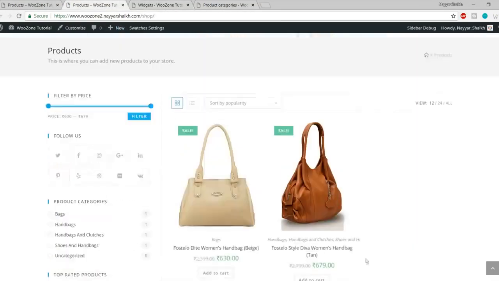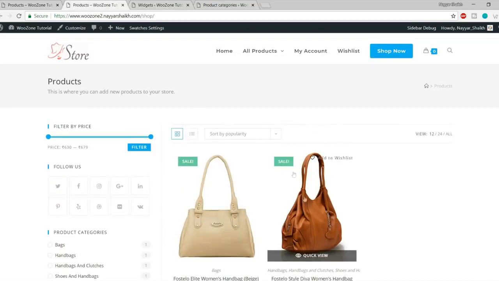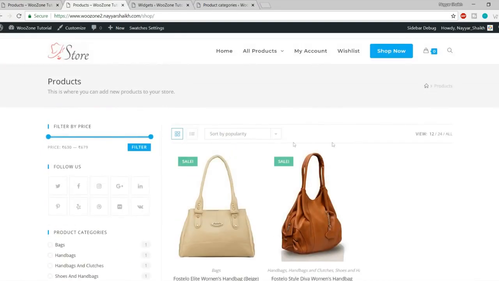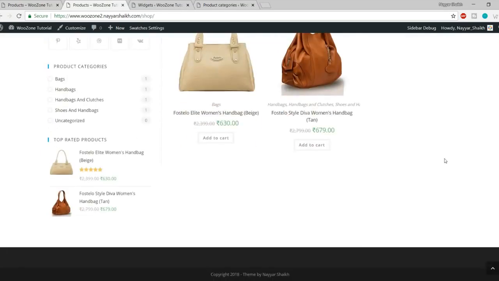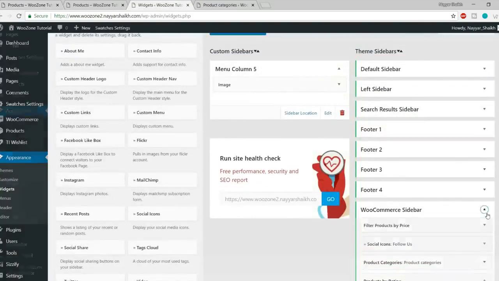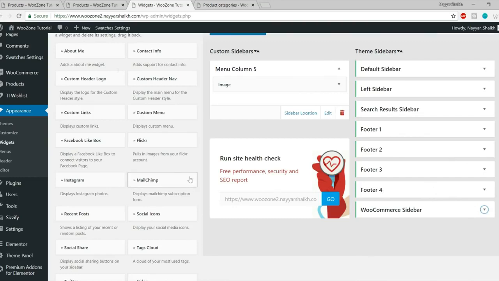Okay, so with this we also have completed the shop page, how you can display the shop page and different sidebar for this one. Now let's do the final thing, which is to change the footer widgets. We have some widgets used in the footer. Let's add these widgets. So again, in the same page under the footer one, what we'll do first